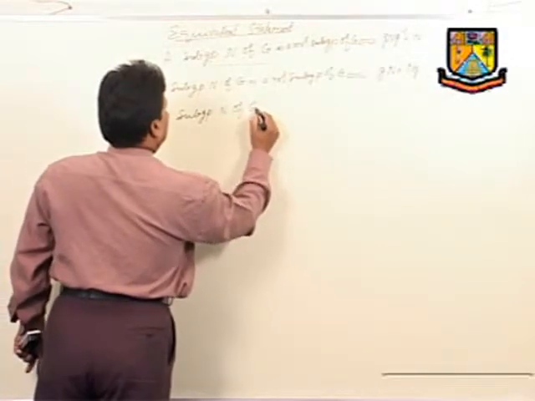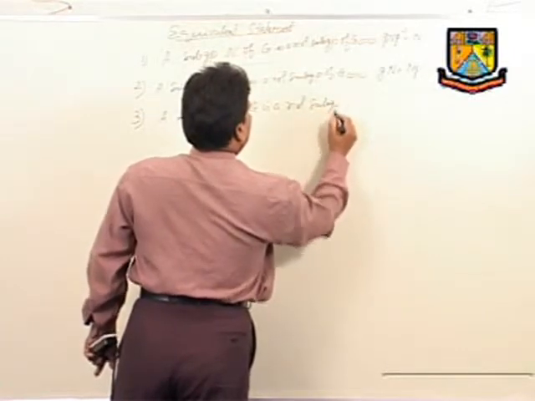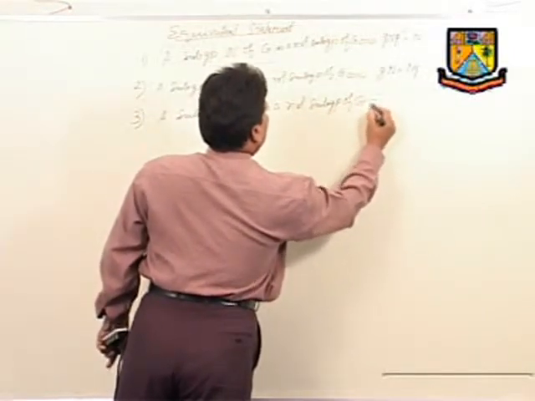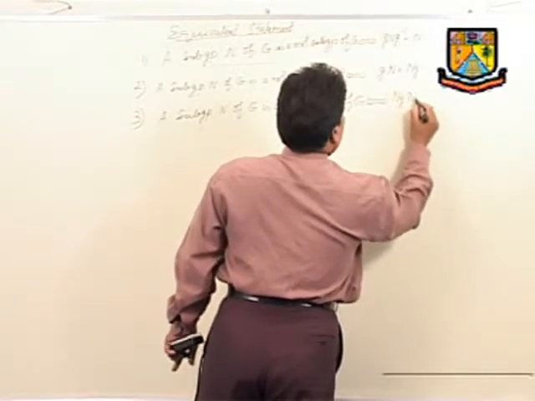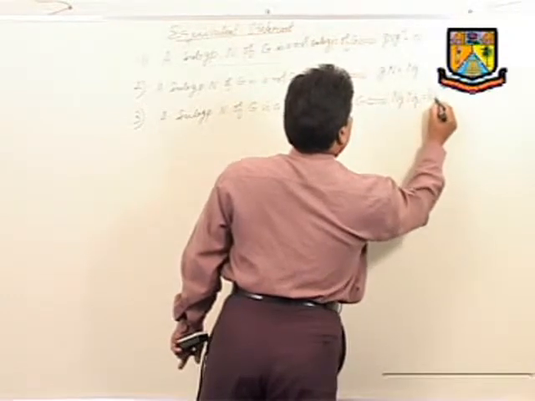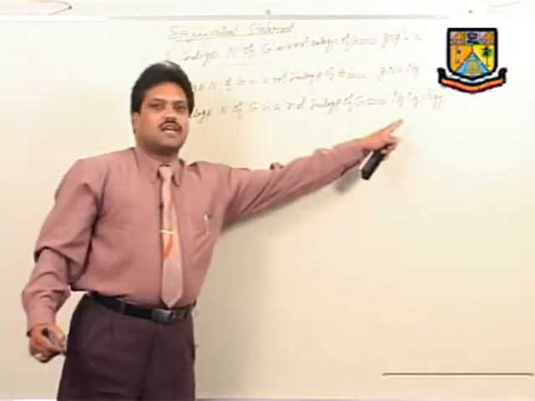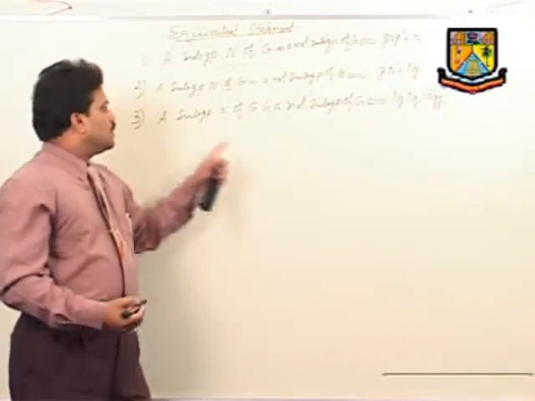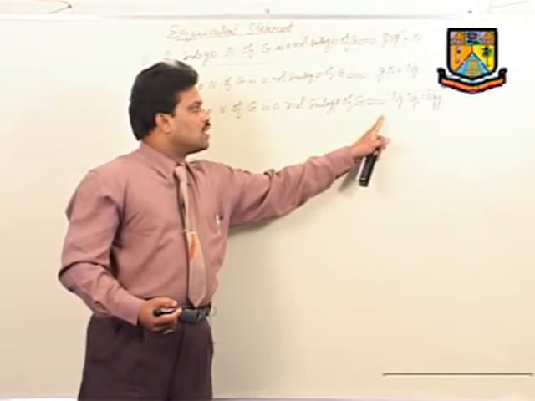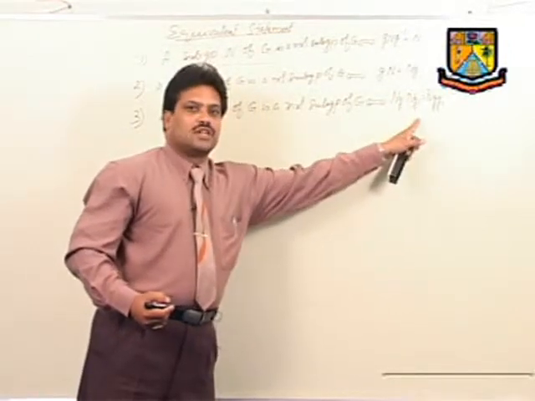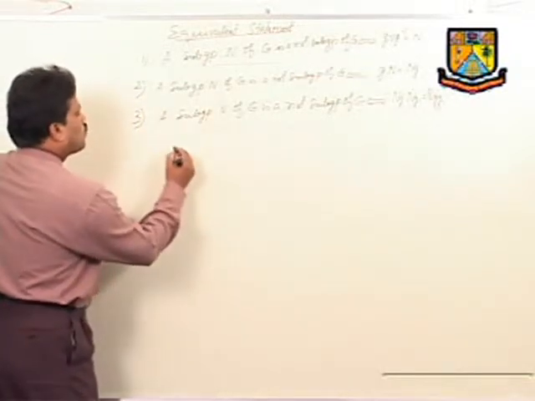And the third statement is a subgroup N of G is a normal subgroup of G if and only if Ng dot Ng1 equals Ng g1. Again, the last statement can be put in the other form. A subgroup N of G is a normal subgroup of G if and only if the product of two right cosets is again a right coset.